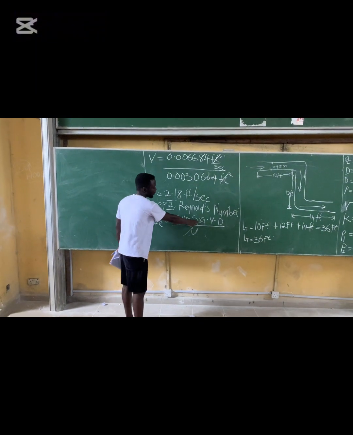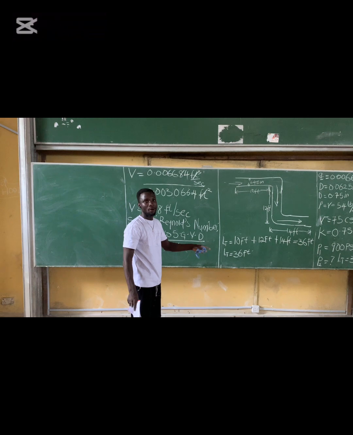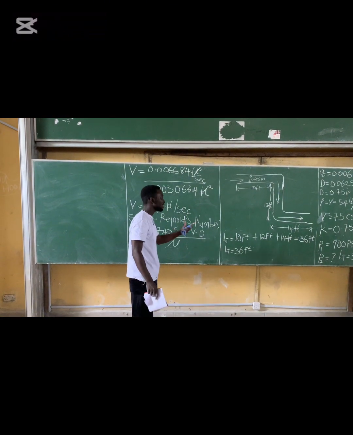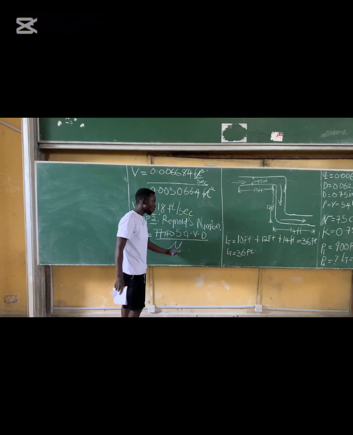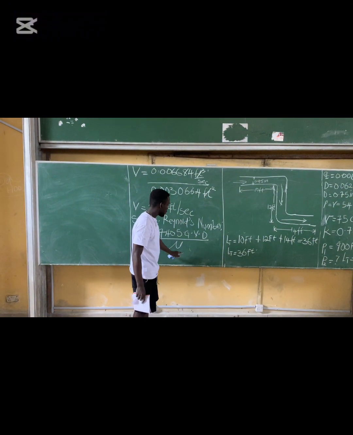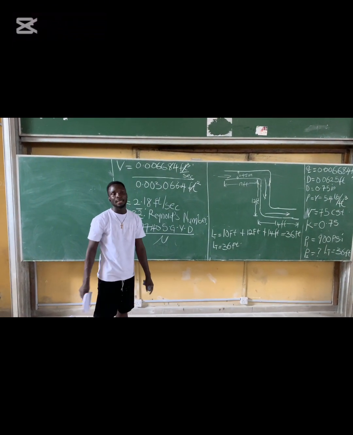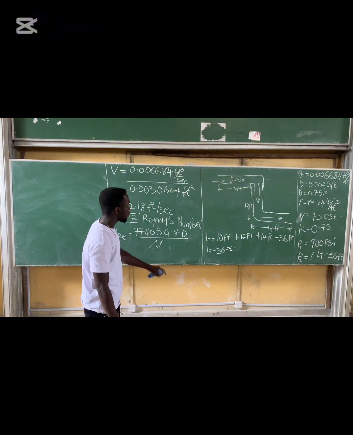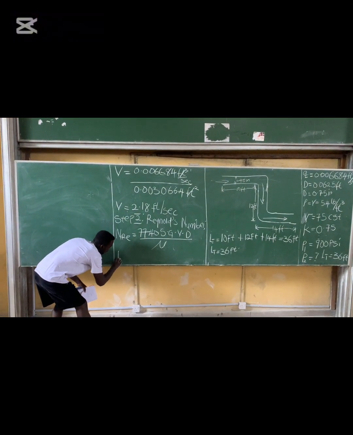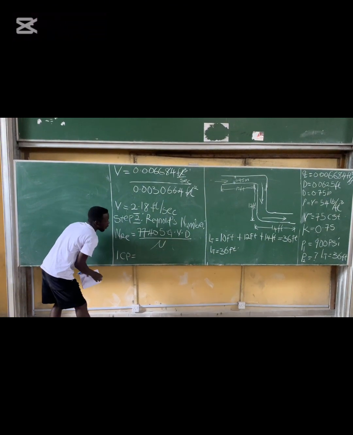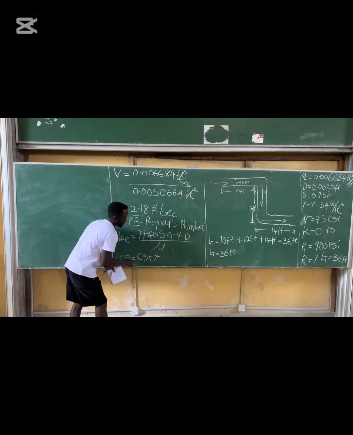So, specific gravity times velocity times D over mu. Specific gravity is not given, but they gave us what? Density. Can we calculate specific gravity from density? Yes. But also, if you look at this, our viscosity was given to us in centistokes, and this viscosity here is in centipoise. So how do you convert from centistokes to centipoise? We said that 1 centipoise is equal to centistoke multiplied by